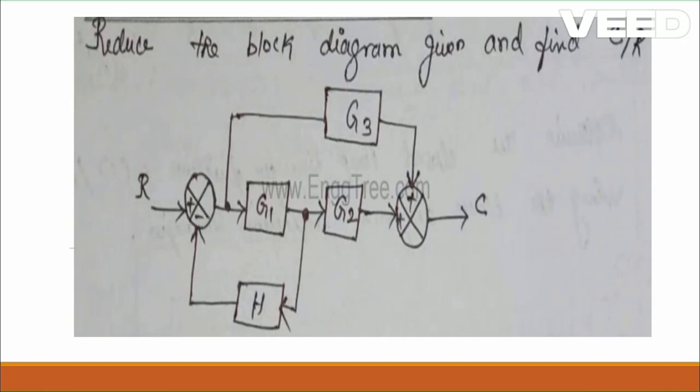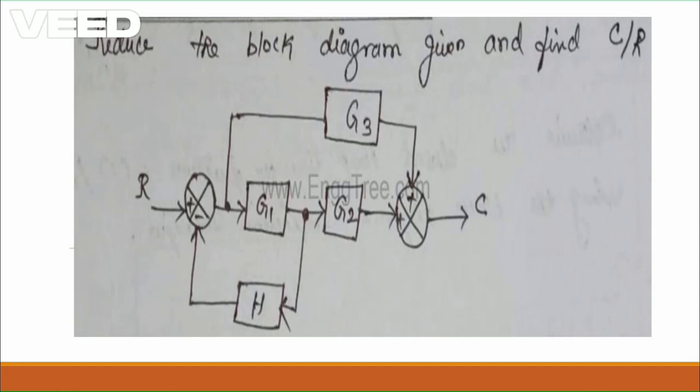Before solving any block diagram, we are supposed to keep in mind the rules of block diagram reduction technique. Six rules are there. First rule is look over any series or cascade systems available in the given problem. If there are, convert them into a single block. Second rule is look over any parallel blocks present in the given system and reduce them into a single